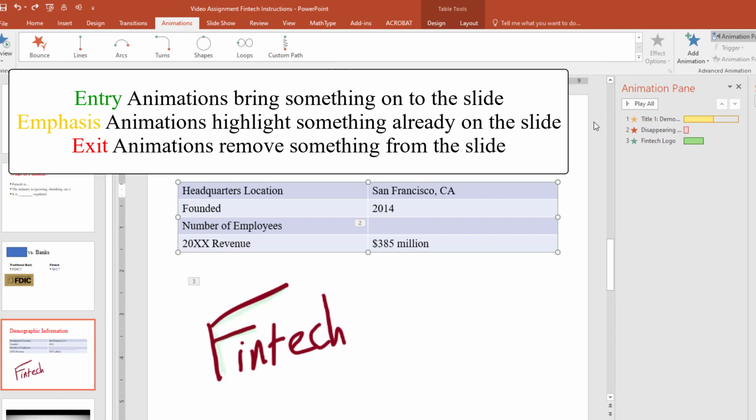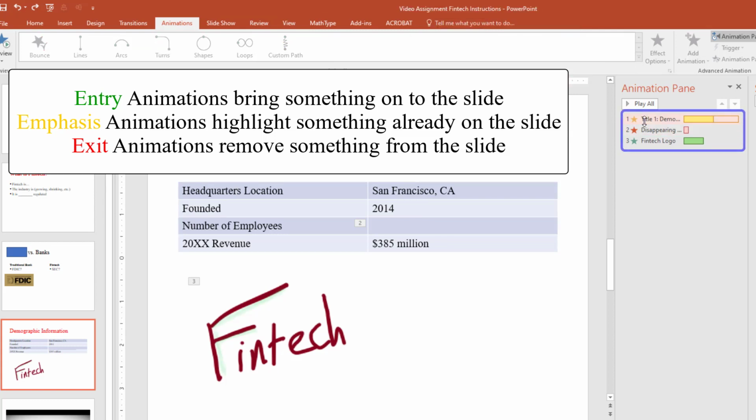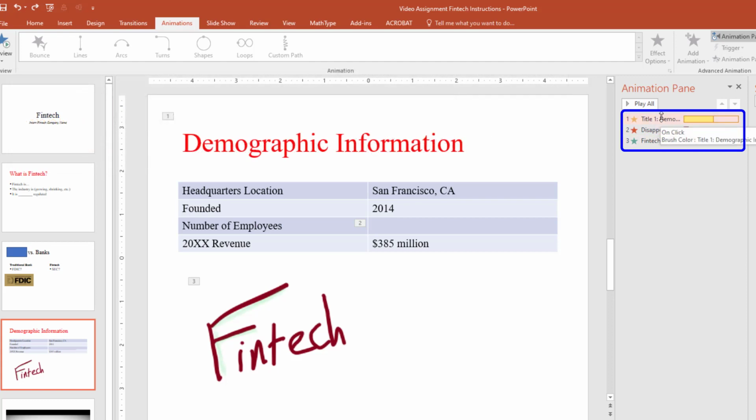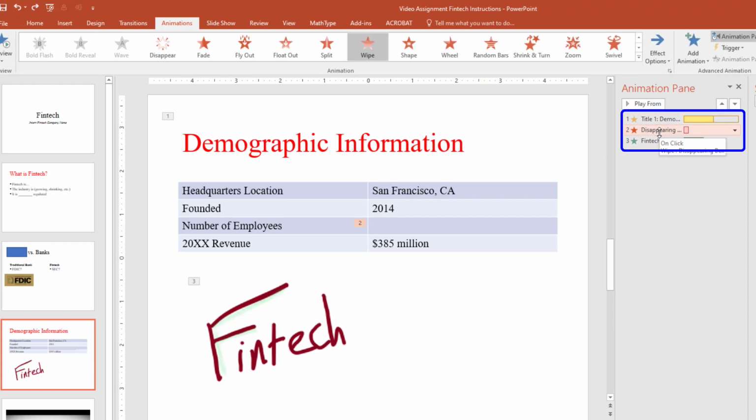In this case, you also see that we have three different types here. The first one, the title, is going to have a brush color associated with it, which is why we saw the text go from red to orange. This animation is an exit animation. It's going to disappear, and it's a box that's based on the color using the eyedropper. And in order to get that,